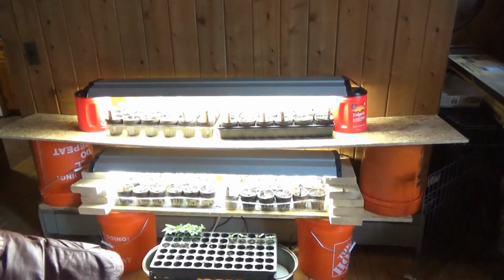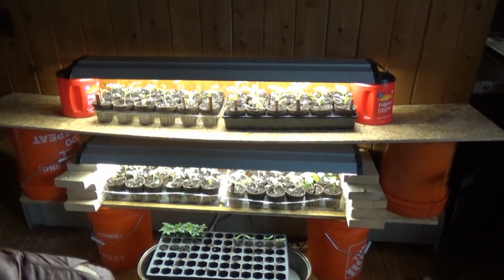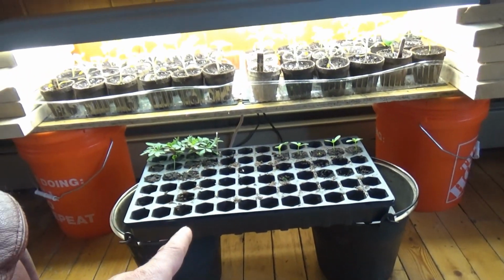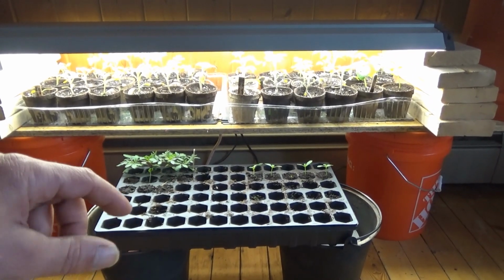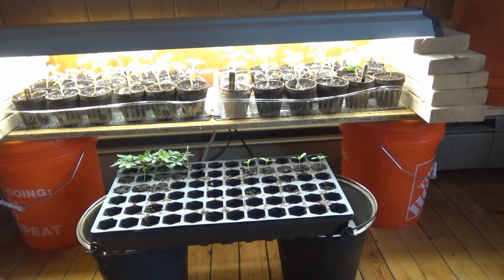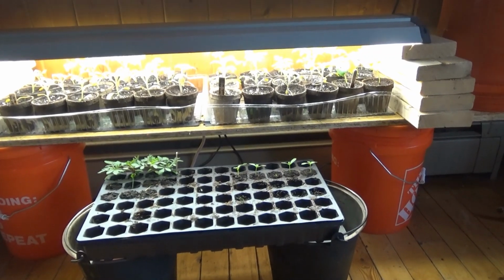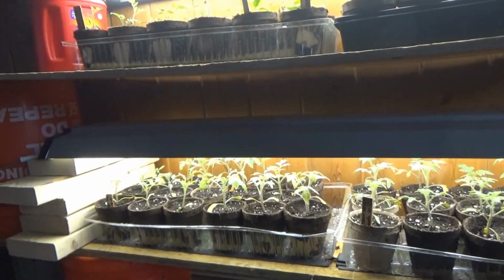So then I had to go to the, don't mind the Portuguese double-decker here, grow room. Right under that guy. But yeah, so I separated out of this seed tray actually. I had a bunch of my tomatoes in there, multiple seeds per cell, and it was just wearing out the tomato plants, so I had to get those separated. I tried to save every one. Again, back to the beginning of the video, I showed you in the greenhouse the ones that didn't look so great. Some of these don't look great, so this whole bottom here,